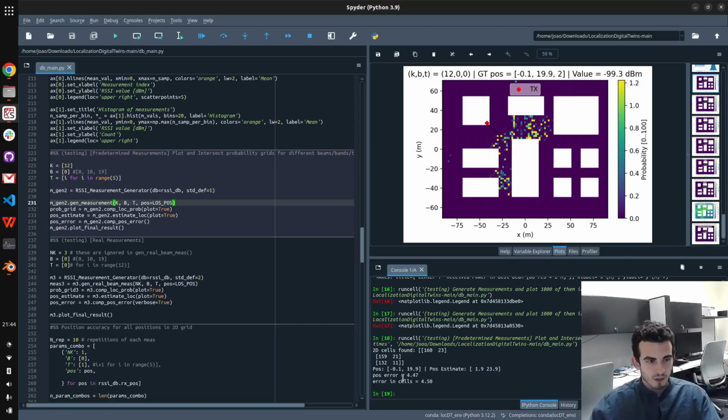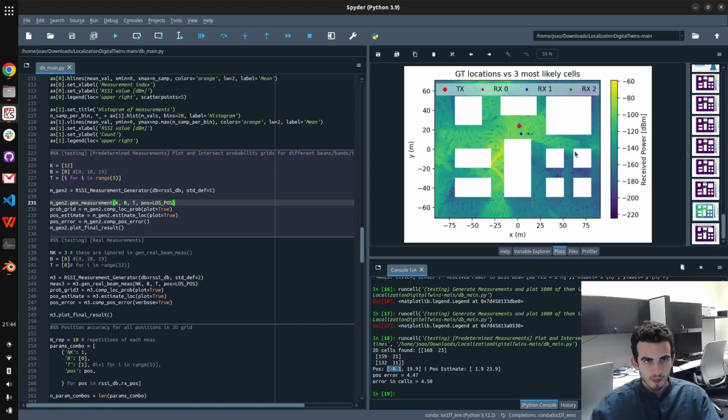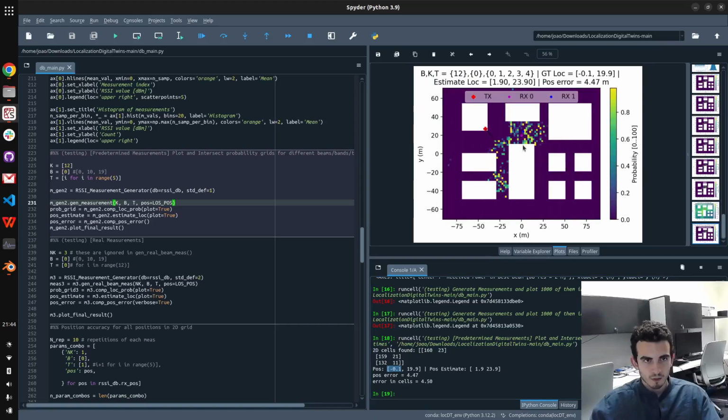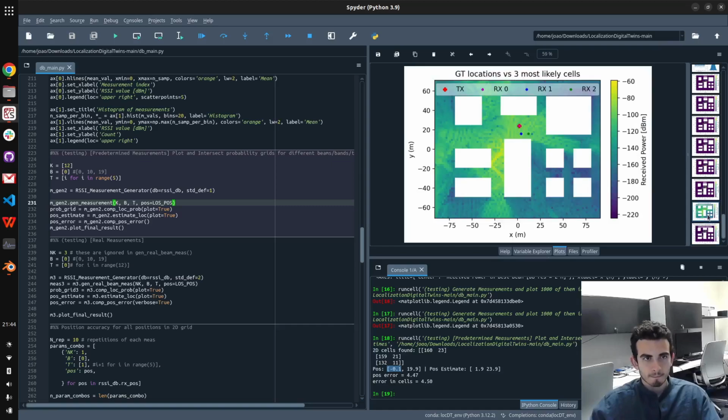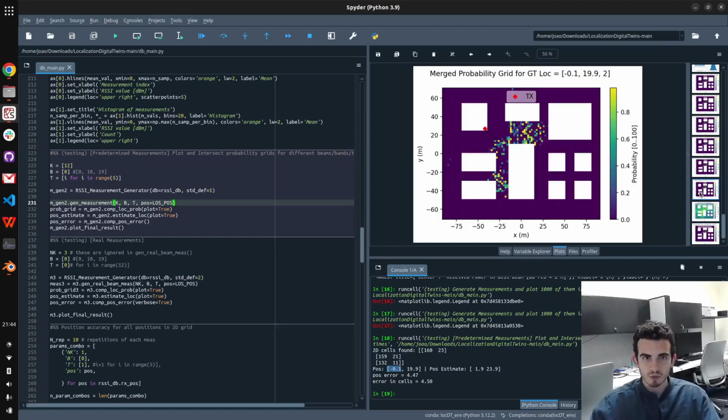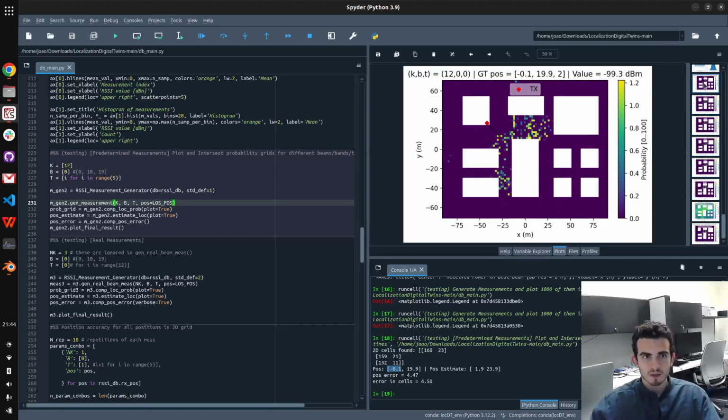In this case, we tried to localize the user in this position, the pink one, and we got the blue one. The ground truth was this one, and we got another one. And these are the 3 most likely positions. And this is because maybe beam 12 is not received with a lot of power, and so there are some random